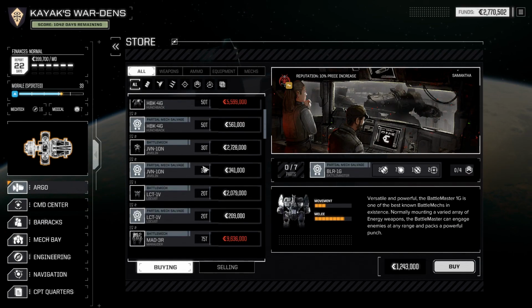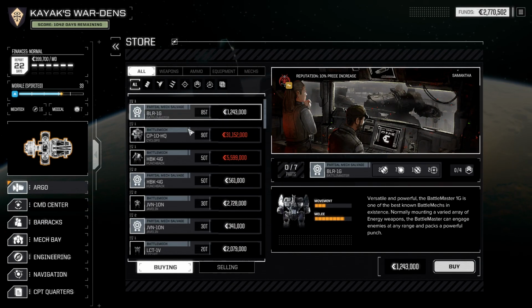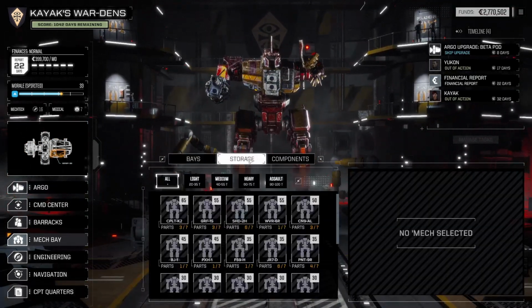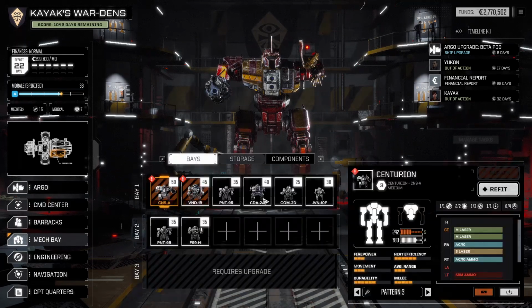Let me just double check. There's no Vindicator parts in here? Huh? Maybe? No. Okay. Do we have a Vindicator part in storage? I don't think we do. We do not. So the Vindicator's down for the count, but the Centurion